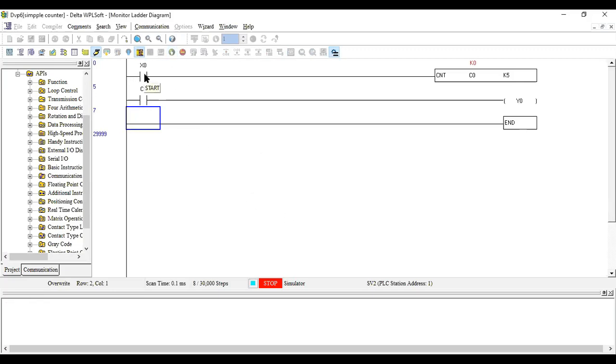So counter, we saw in the previous case itself, timer, as soon as it is enabled, it is getting run on.